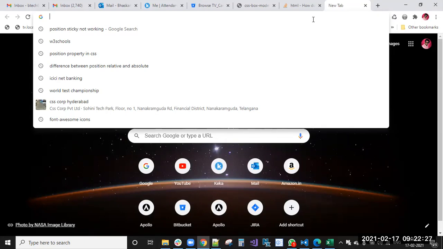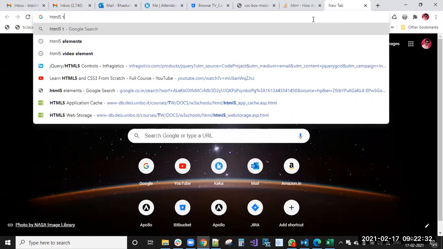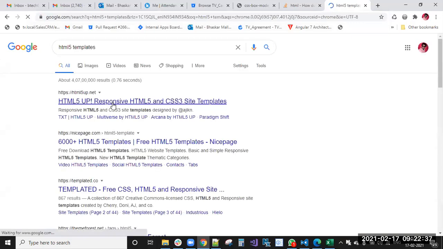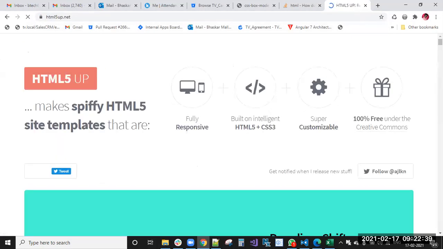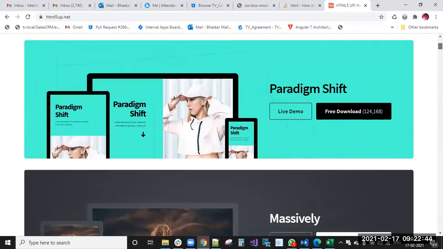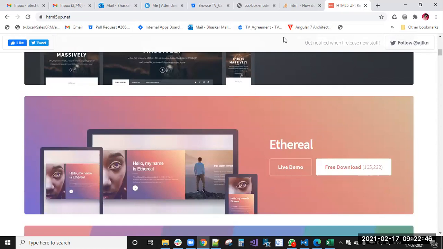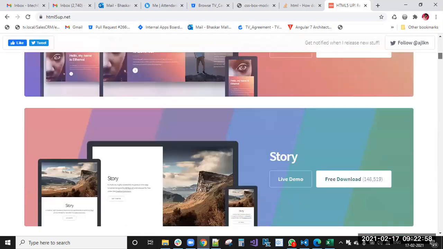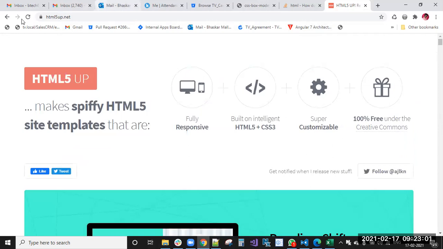So I will search for some websites. Okay, who are having that. Oh, HTML5 templates. I think they will give actually these HTML5 templates. See, here this one also uses position sticky only, showing and hiding only. From scroll at the 0th position, that is hiding actually. They are hiding that, and when it comes to that, they're applying that, not this one.